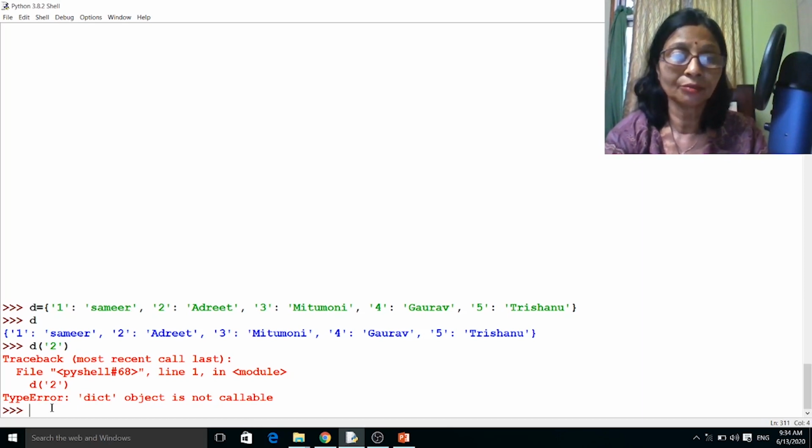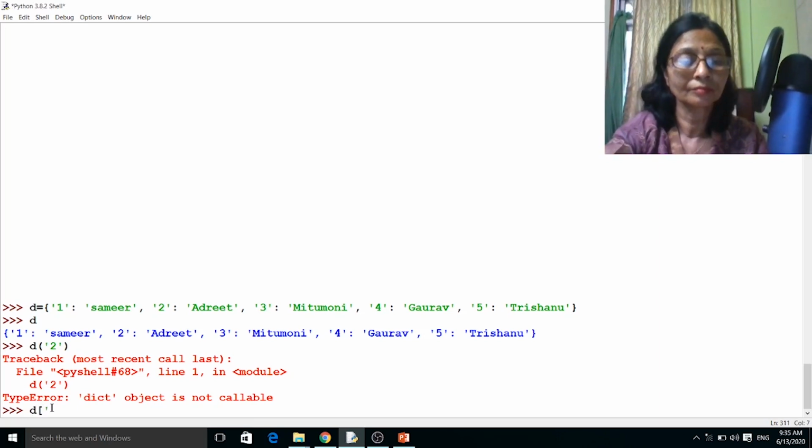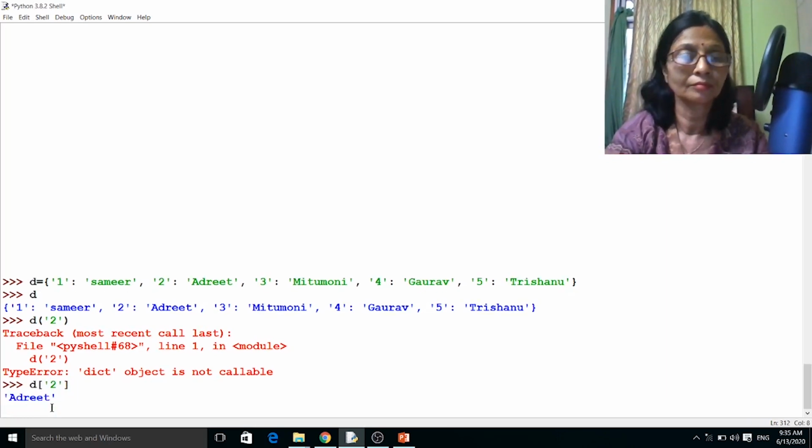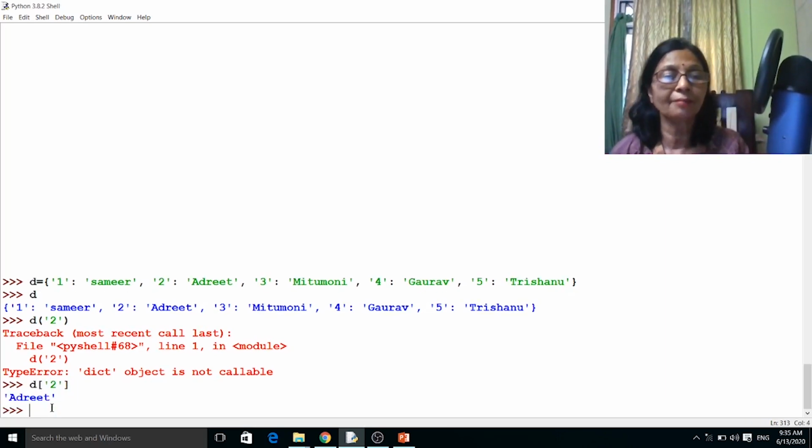Because we are mentioning it within round brackets. Instead, if I give D[2], here you see it is coming as Adrit. So you cannot call a value present in a dictionary. In that case you have to mention it within square brackets, and the key is put within a single quotation mark if it is a string. Then you will get the value associated with that particular key.